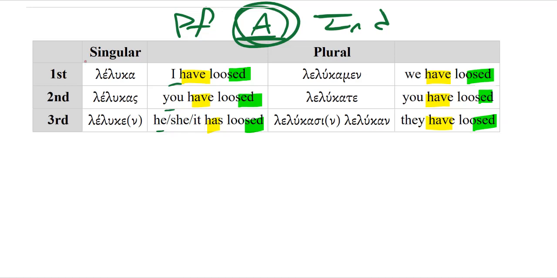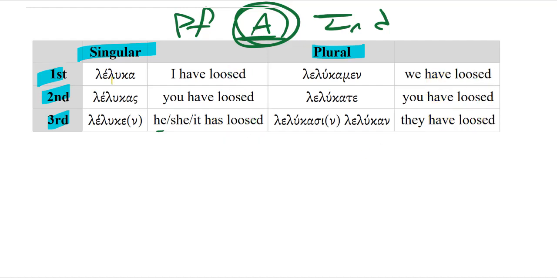Now let's actually look at the layout of the chart here, right? Singular, plural, first, second, third person. You're used to that. And let's look at the Greek words here, okay? The Greek forms of the perfect. What do you see? Well, you see your stem there, right? The lu from luo, our good friend luo. There's your stem. What do you see that's different? Do you see an augment? No, you see something else. You see something called